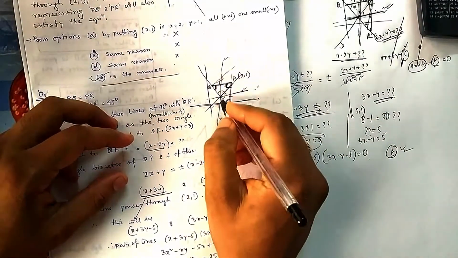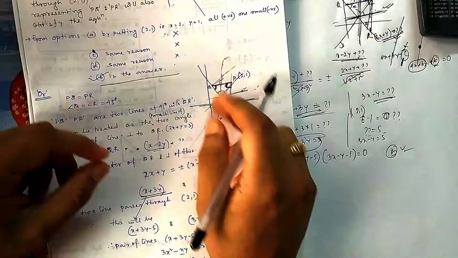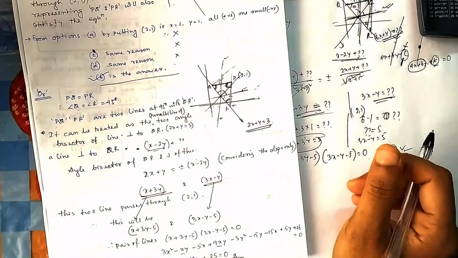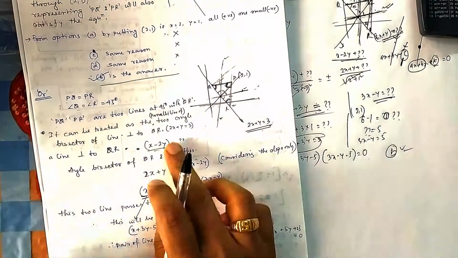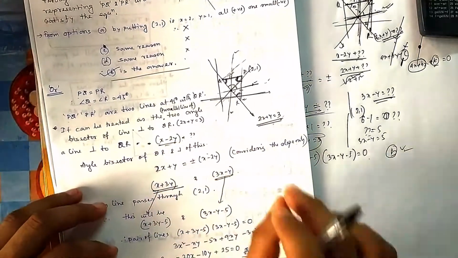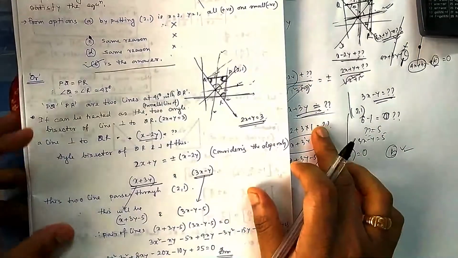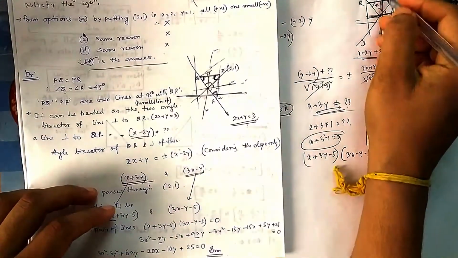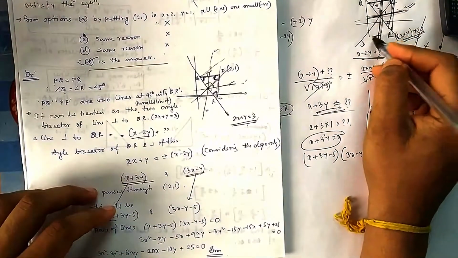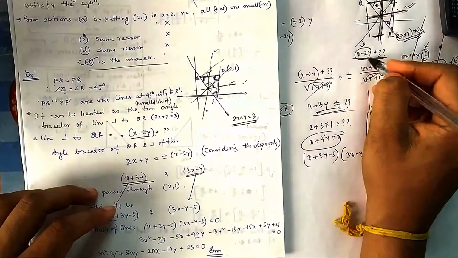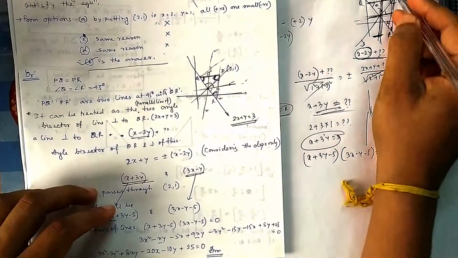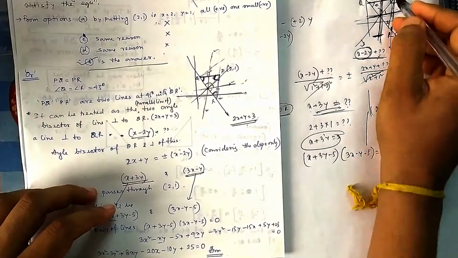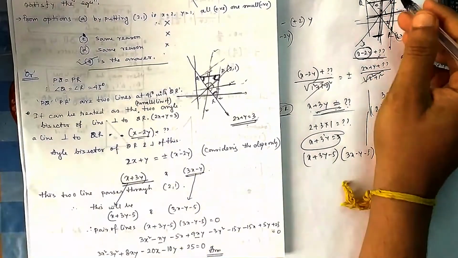I am calculating the parallels of these lines. Once I know the parallel of this line, then I can shift it easily. And every time I am concentrating only on the coefficients of x and y, not the constant term. The constant term I put for the last. From this line, what I am taking is slope. Slope means I am taking the coefficients of x and y. That I am taking for this line, and to find the constant I am using this point because this line has to pass through this point.